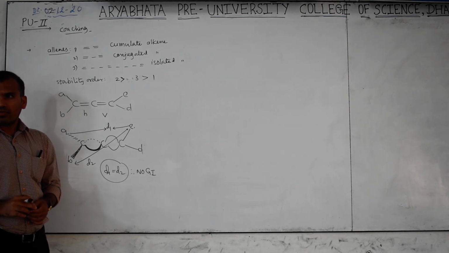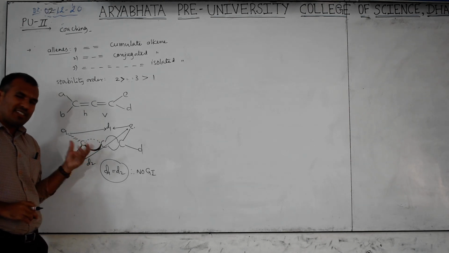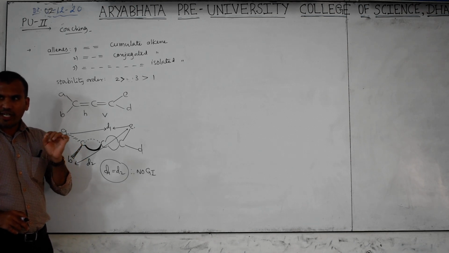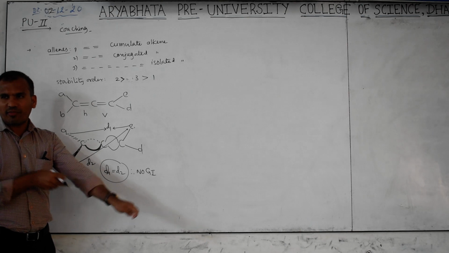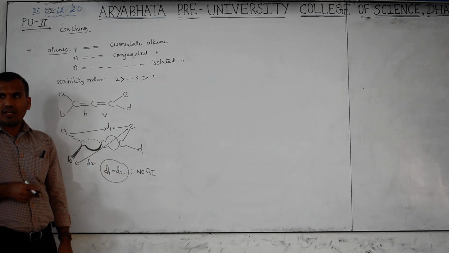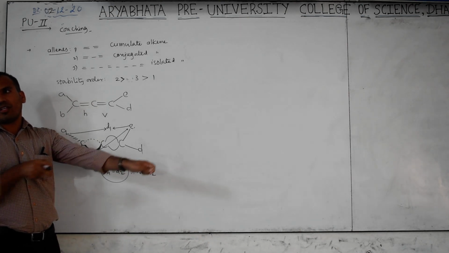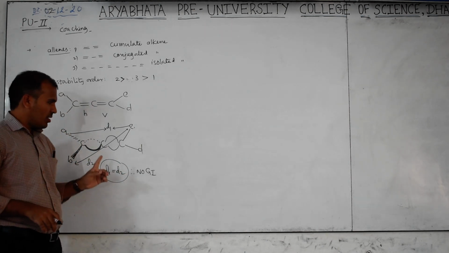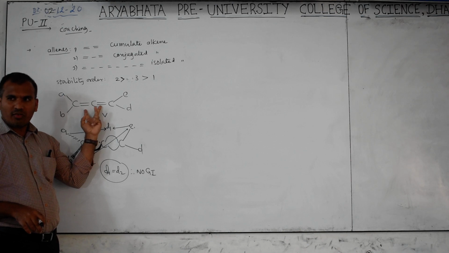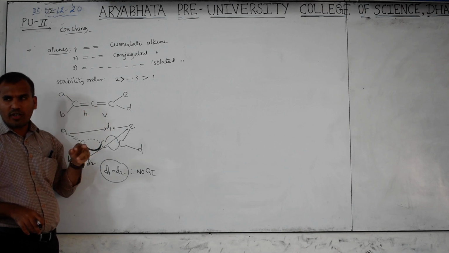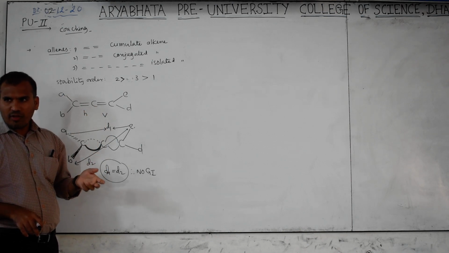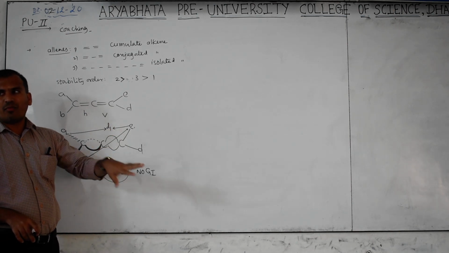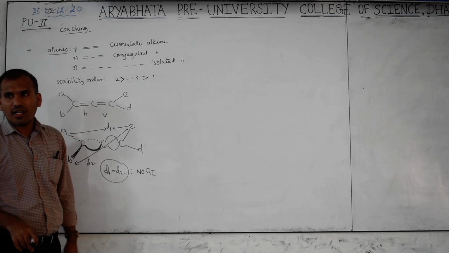Clear this? Instead of this distance checking, it is sometimes difficult for the student. Therefore, I will give one statement, because we will not always check with a scale how much distance there is. Imagination only is difficult. Again, how will we measure with the scale? Difficult. Therefore, a simple statement. Double bond, how many are there? 2. Is 2 an even number or an odd number? Even number. An even number of double bonds does not show geometrical isomerism. An odd number of double bonds shows geometrical isomerism.